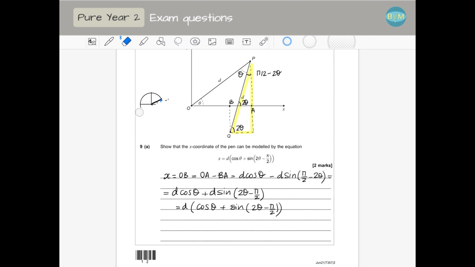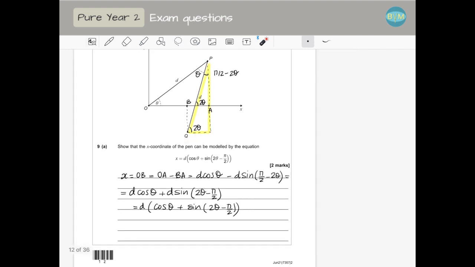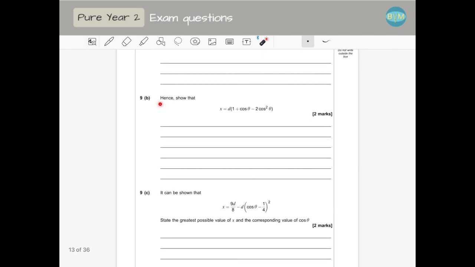And that's it with this part of the question. You can use this big triangle that I use, or you can use this small triangle and this one. I think this one is faster, but it's really a bit up to you. Next part of the question says, hence, so we are going to use that, so that x is d and